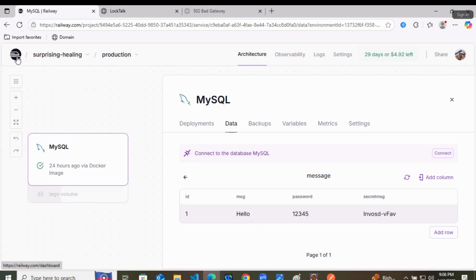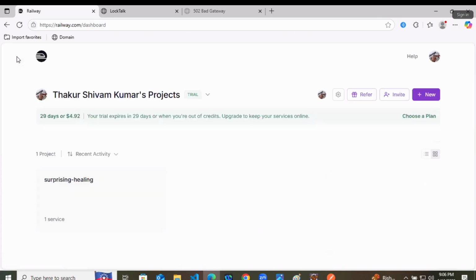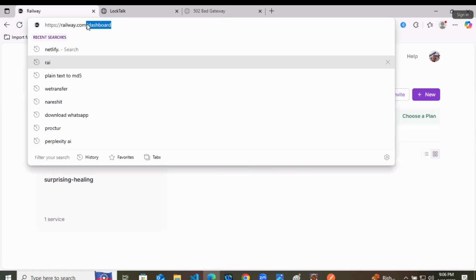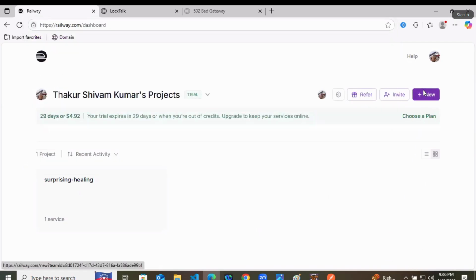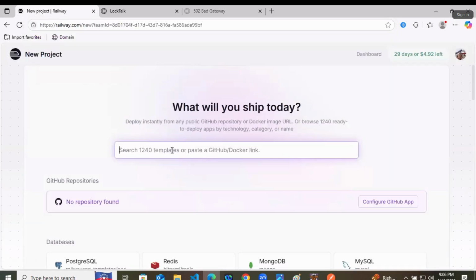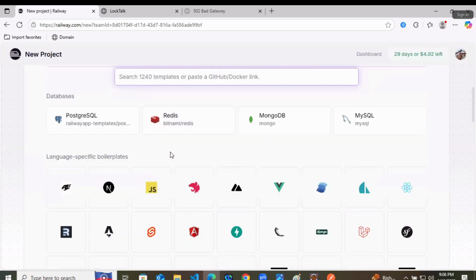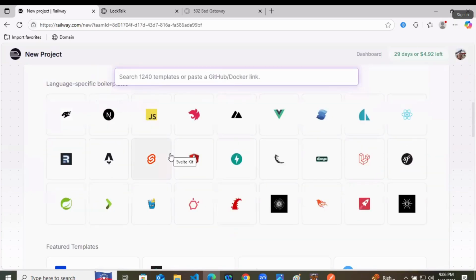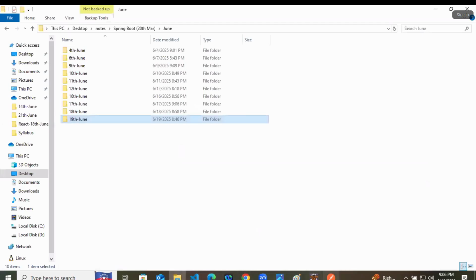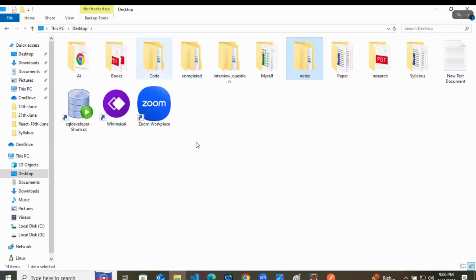Now go back to Railway again, and go to the home page, or else you can go to the new page here, and we will deploy one project from GitHub. It means that our Spring Boot project now should be available on GitHub.